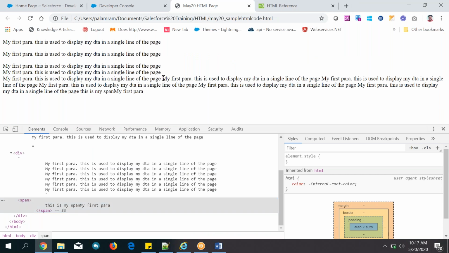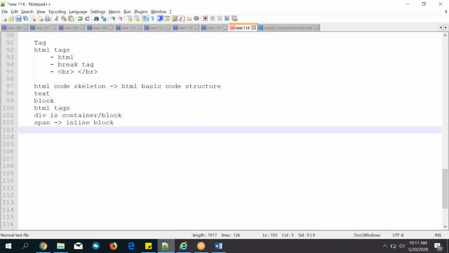Now I want to display this one in bold. How to display? To display this text in bold, there are different tags available in HTML. One is strong and another one is the B tag.